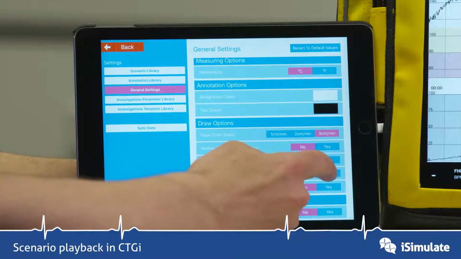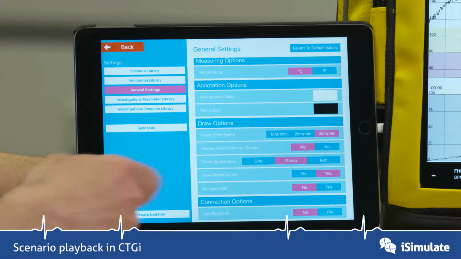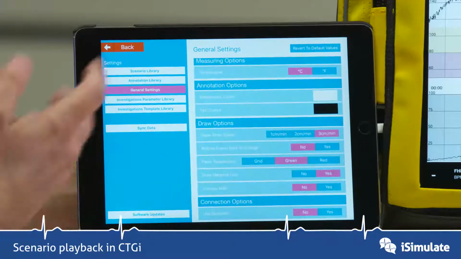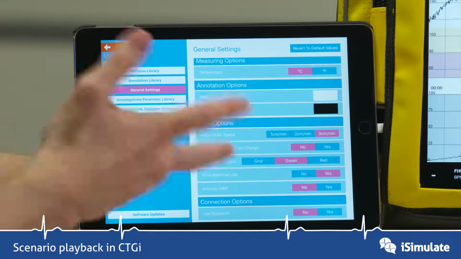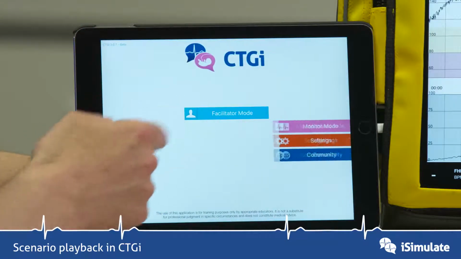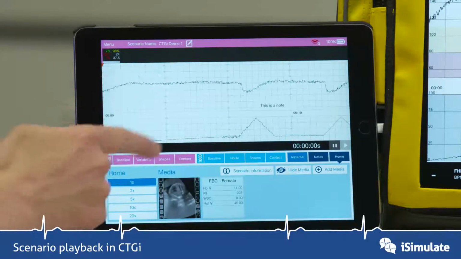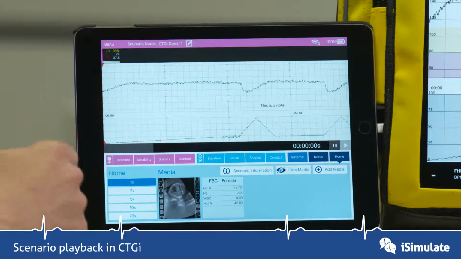And we're going to put on a maternal heart rate line as well. We can also animate the NIBP. There is an option to connect with Bluetooth, but we always recommend wireless. So let's look at what these changes will do. We'll go back, facilitator, let's pick on CTGi Demo 1 again, and we can immediately see that the grid behind has now changed,